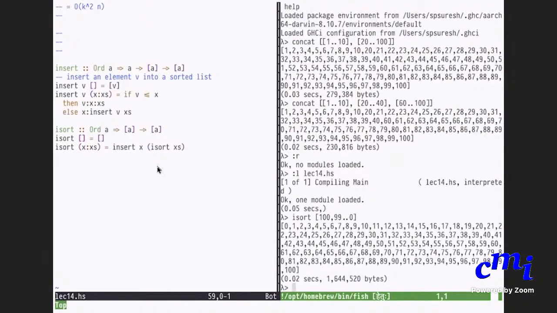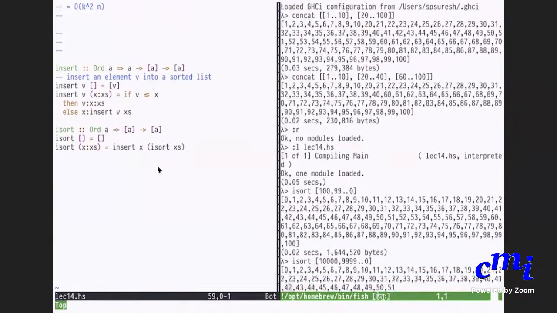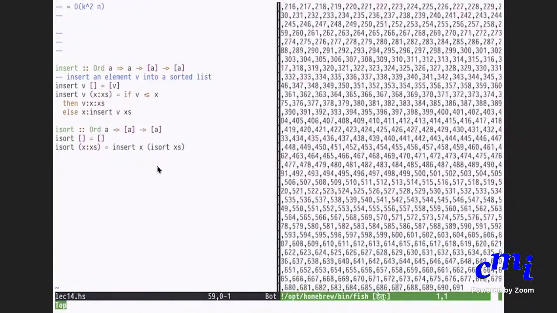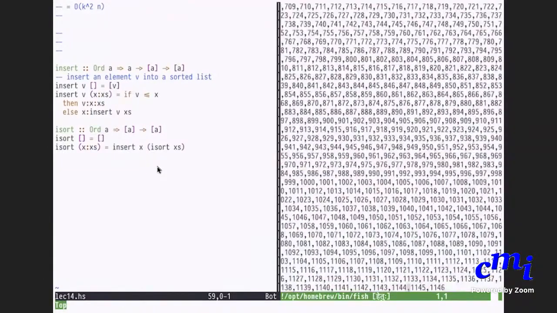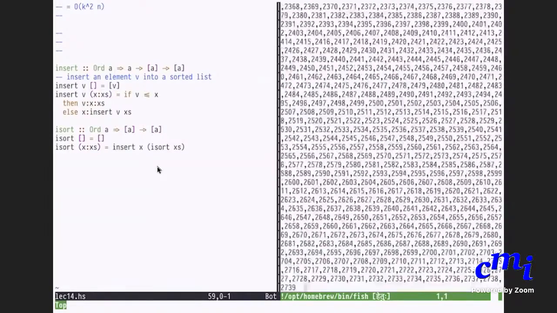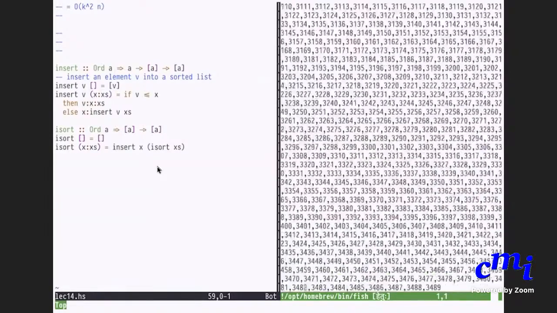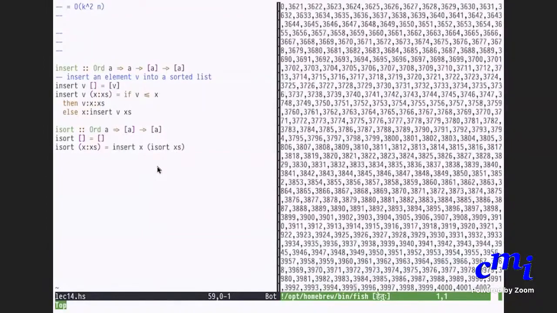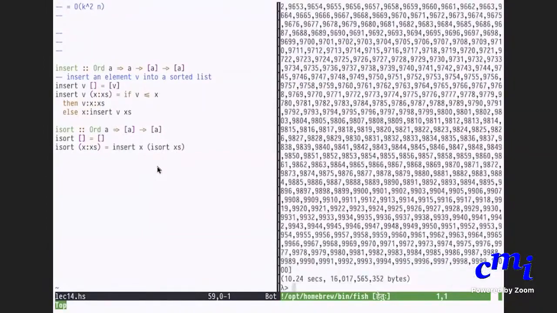Great, it works, at least on small inputs. You could try a larger one. This will take a little more time. It will take a lot of time. Maybe not too much. Ten seconds is still too much, but it's okay.